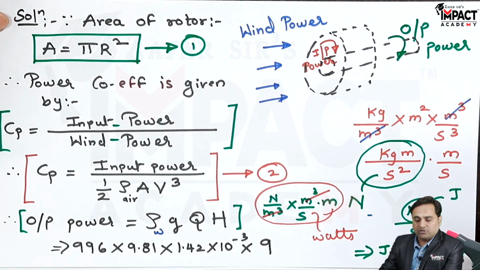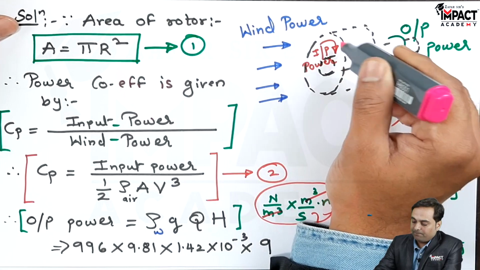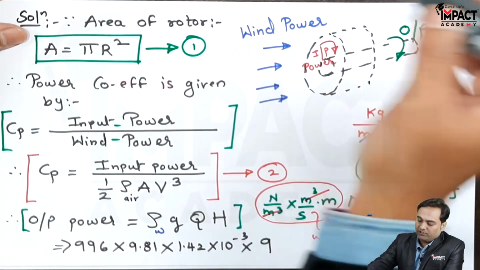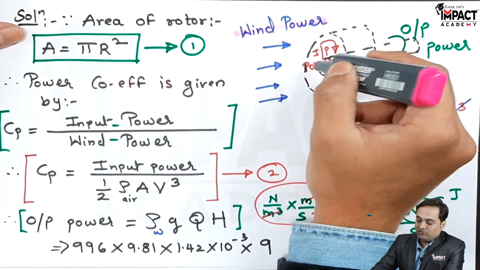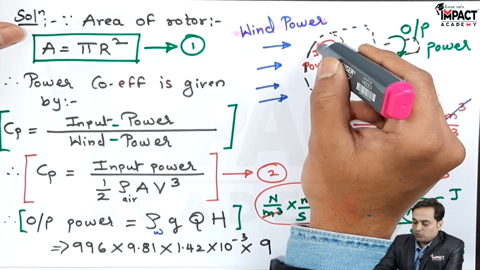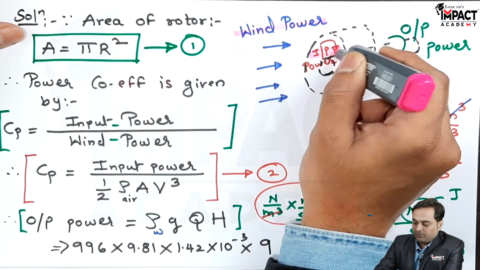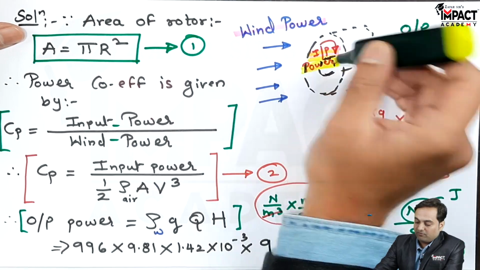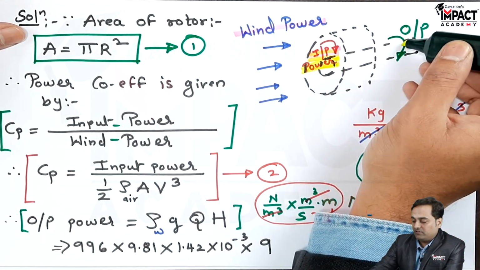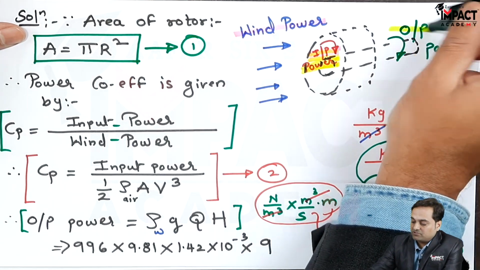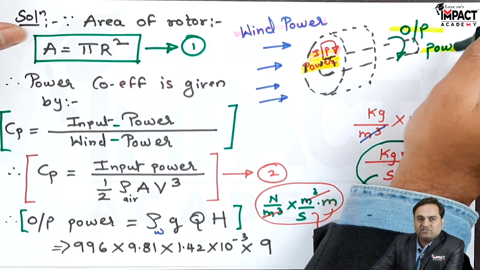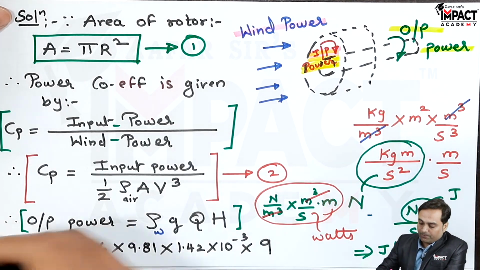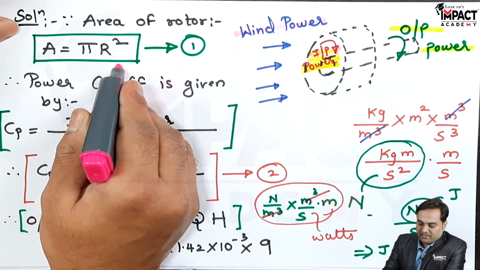Now here into the solution part, first I will be drawing this diagram of the windmill. In that, the wind is flowing, so this is the wind power, and the wind would be rotating this rotor. So whatever power we are getting at the rotor, that will be called as the input power. This is the input power, and this power, when it is transferred to the shaft, that becomes the output power, and output power is the same power with which the centrifugal pump would be operating. So therefore the area of the rotor is given by pi r square.